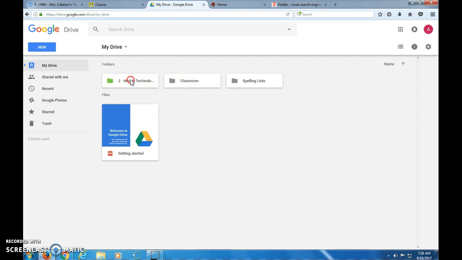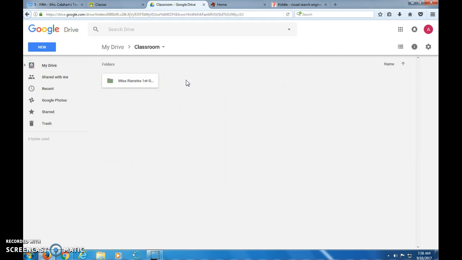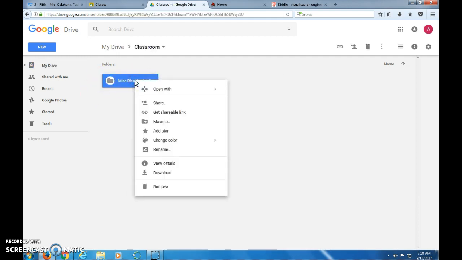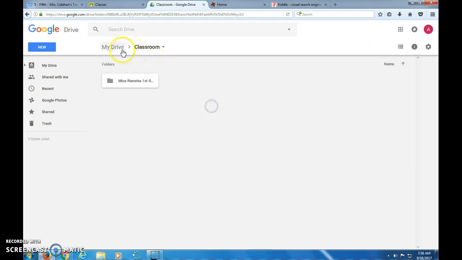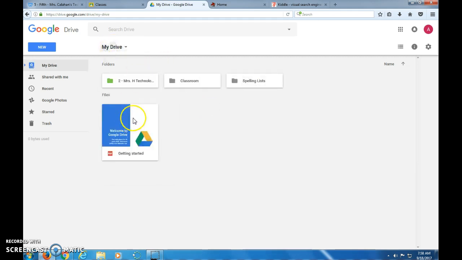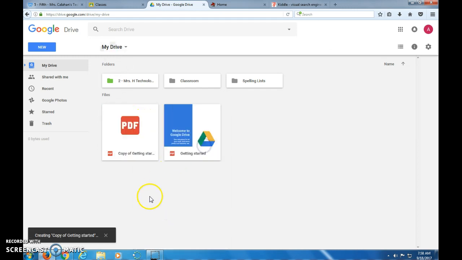So once again, if you right click on something, here are all of your options. If you wanted to, like for example, classroom, if I wanted to move this back to my main page like I just did, I would right click, I would click move to, and then I would change this option. You want it just to My Drive, which is where everything's at, so all your folders and things. So if you click back to My Drive here,